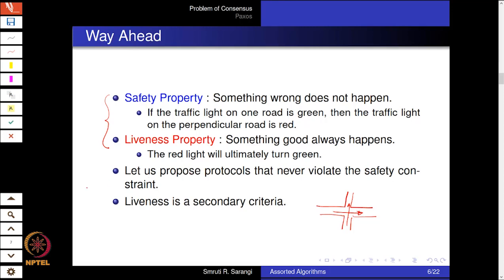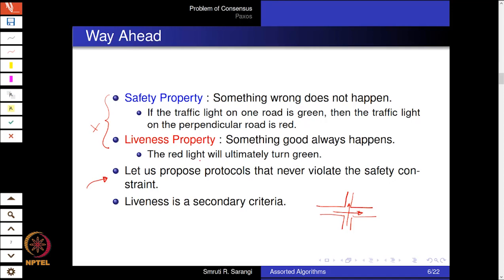So whenever we are looking at a protocol, we would ideally like to have both, but now we know that it's not possible to have both. The FLP result clearly says we cannot have both. So if we cannot have both, let us have protocols that never violate the safety property, which in the case of consensus would mean that